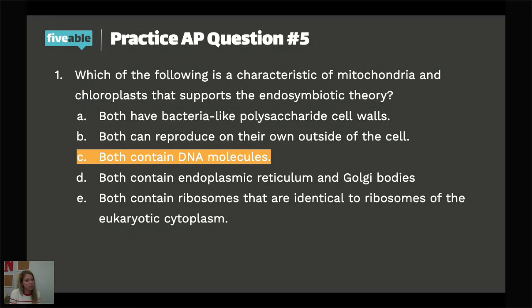Does anyone have any questions about that? Sorry, I know that one was a little confusing. I went a little backwards on that. They can reproduce on their own. They do reproduce on their own, but it's going to be inside the cell. That's a very good question, Anna. They reproduce on their own inside the cell. If you take them out of the cell, like in a lab, you can probably make them do whatever you want. But if you stick it on your desk and you're like, mitochondria, reproduce, it's going to get really shy and it's not going to do it. Does that answer your question, Anna?